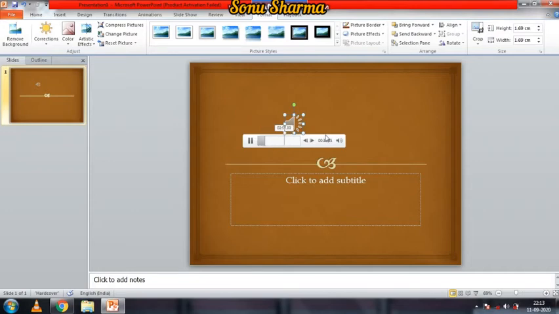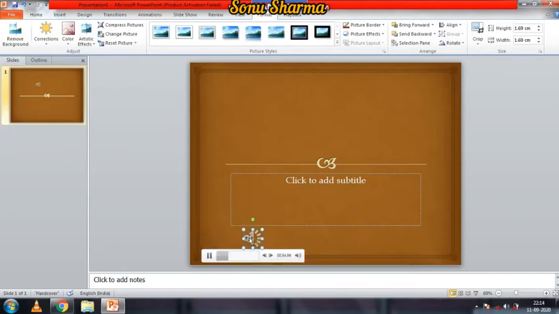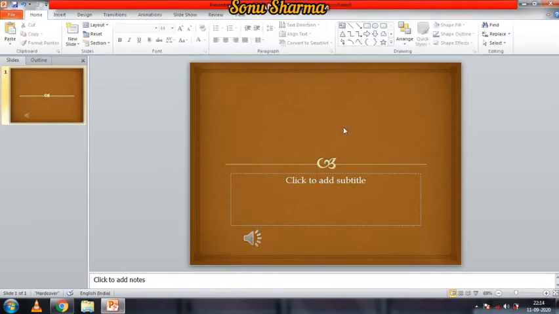The music is playing, so you can increase or decrease the sound here. So I'm decreasing the sound, increasing the sound like this. Okay, I can play pause like this, and I can drag it and place it anywhere. Okay, anywhere on the slide. Suppose I want it in the lower side, bottom side, so you can place like this. Okay, so this is the way of inserting the sound.